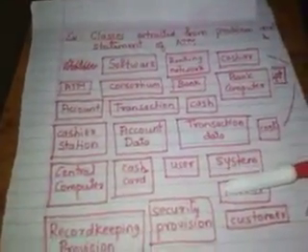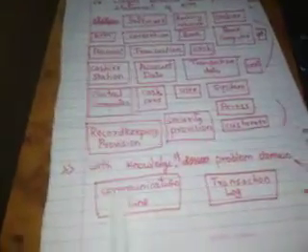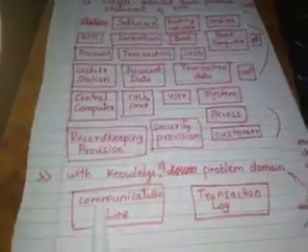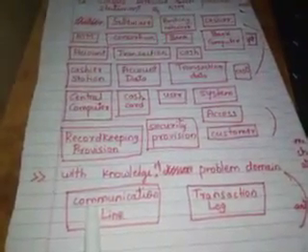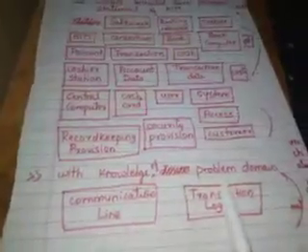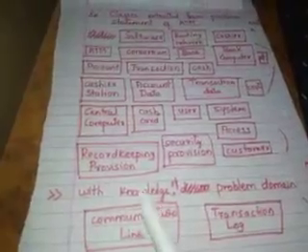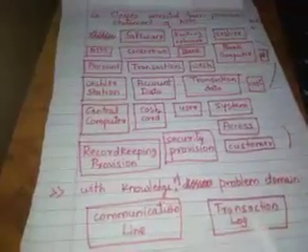Once all the nouns are extracted, my domain knowledge also gives me the different classes identification. For example, I may know some computer knowledge. Whenever I say the word network, I'll come to know that communication line is necessary, right? So if anything is happening on the internet, we'll be keeping track of the transaction logs, right? These two words were not there in the problem statement, but my knowledge with respect to the problem domain has given me the idea to identify these two nouns also. Now I have so many nouns. They are called the tentative classes.